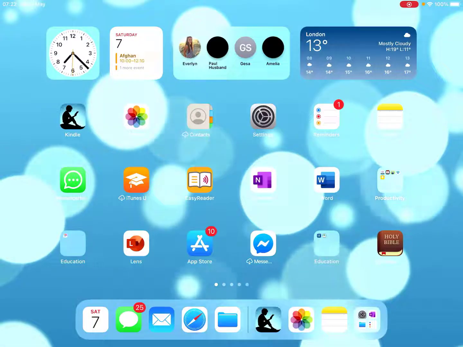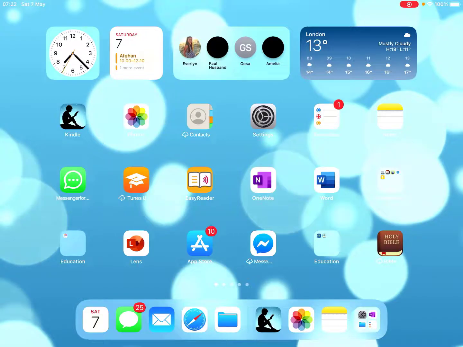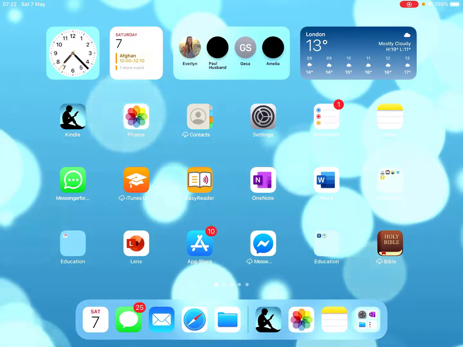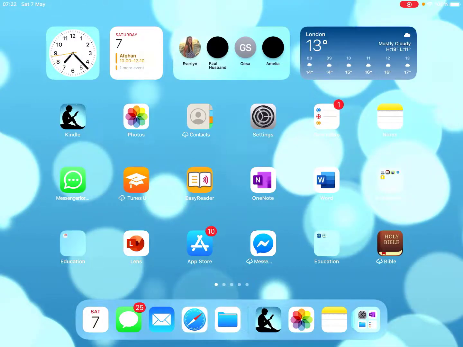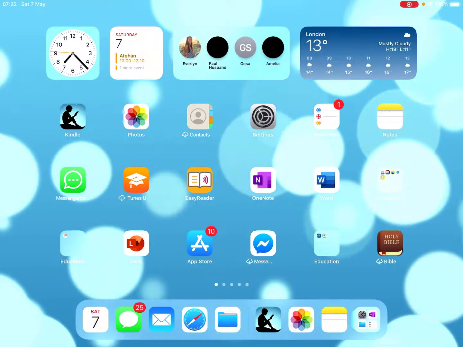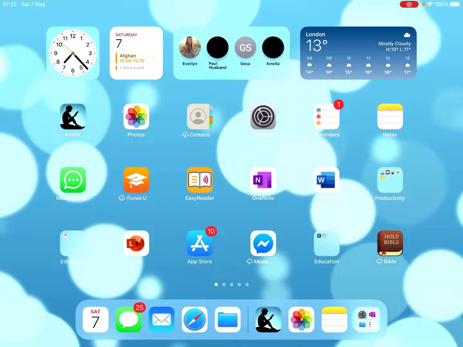This week I've been working with students on the Kindle, and I have been showing them the advantages of reading their books for English literature on the Kindle as opposed to reading the hard copy. Now, I am on my iPad at the moment recording this, so I'm going to go into the Kindle app, which is free, but I can do this on the desktop and I can do this on a Kindle Fire,